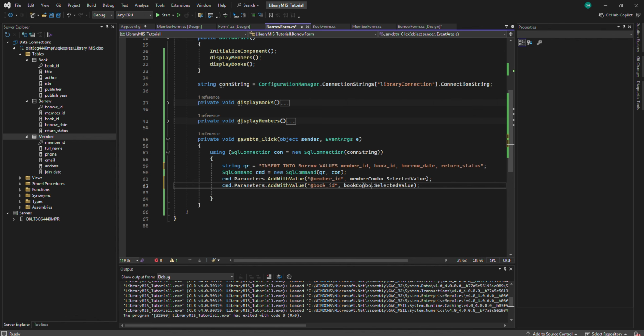Book combo, select value, right? Yes, this is the member. Go get the member ID name, then just save the member ID, get the book title, then save the book ID, and then